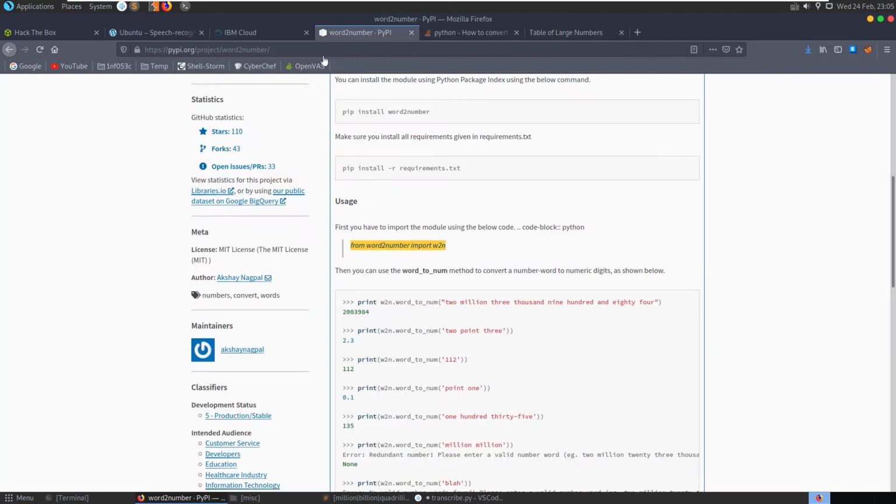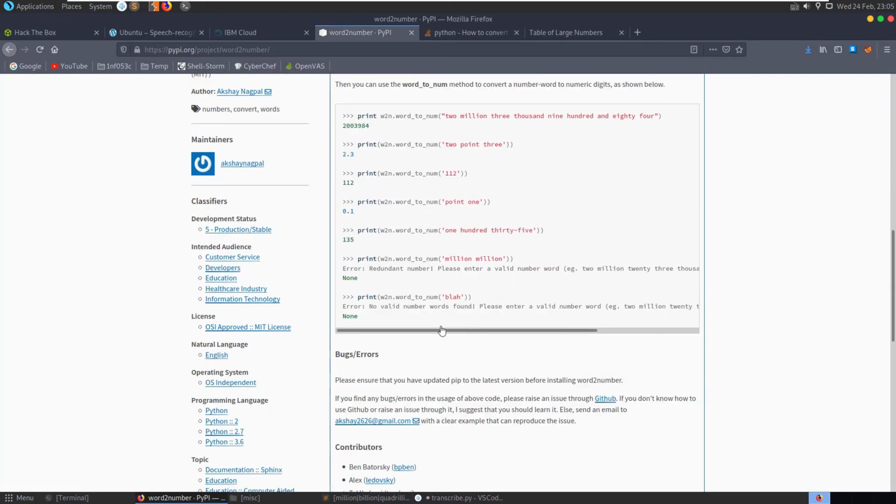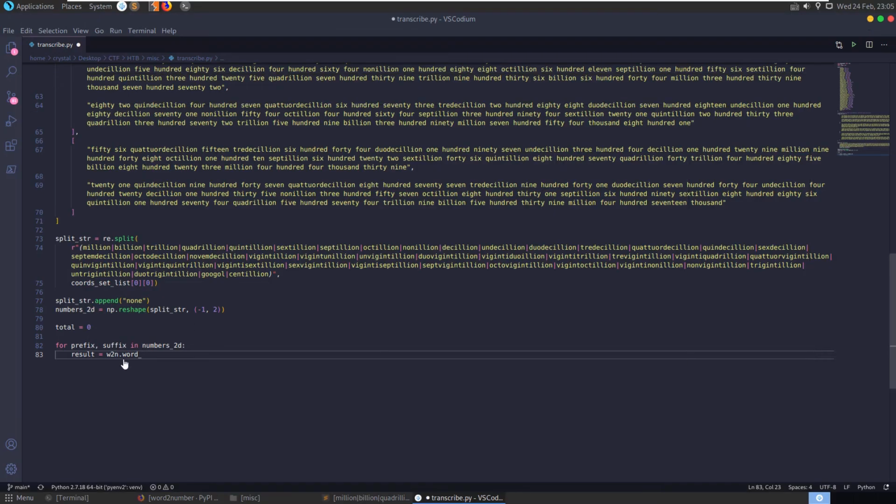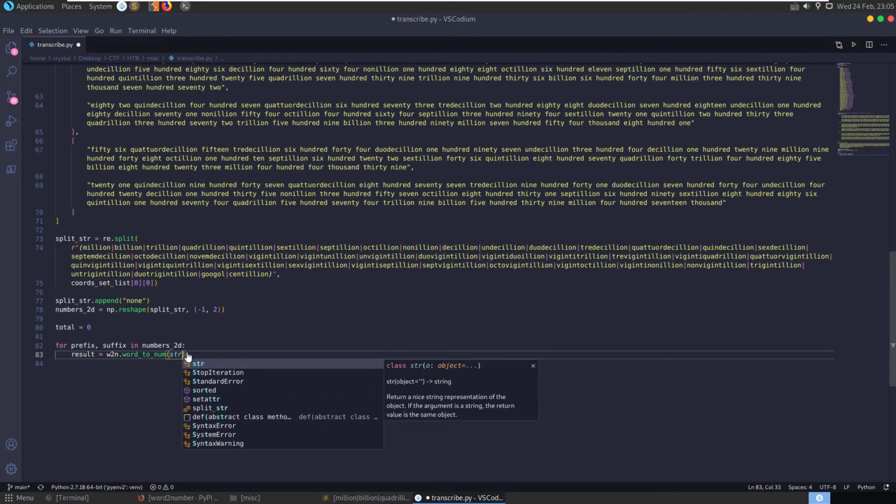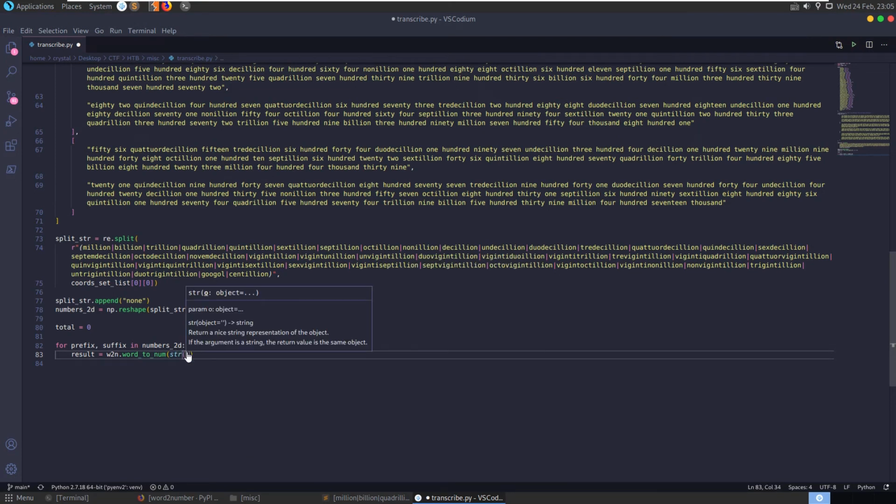It doesn't give me an autocomplete there, that's interesting. Well, you can see from here, we import it and then we can just use w2n word to num, and then we pass in our prefix. We'll also need to convert it to a string because it'll be a numpy string, so we'll just pass in a prefix there,